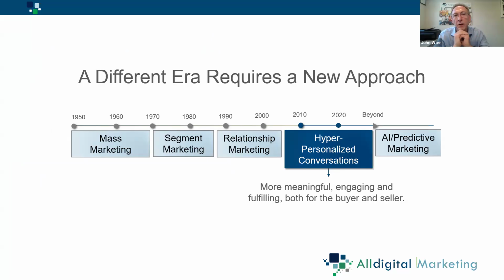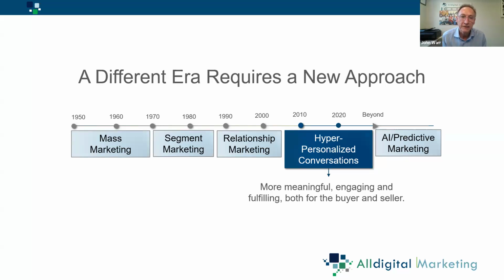If we look at marketing over the last 40, 50 years, pre-internet, in the 50s, 60s, we had mass marketing, TV, etc. We started seeing this concept of segmented marketing in the 70s and the 80s. And then people moved into relationship management, or your store cards, capturing all of the food that you buy every week and sending you special offers: relationship marketing.